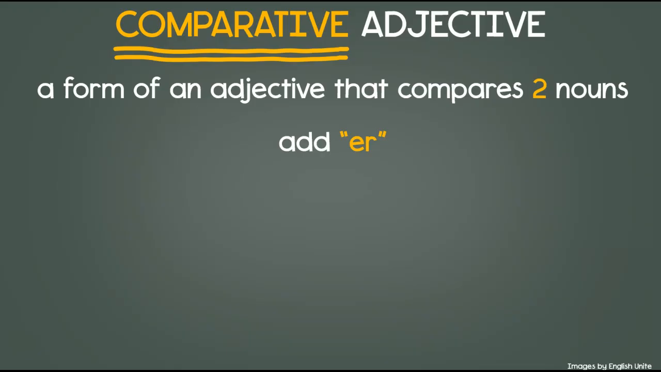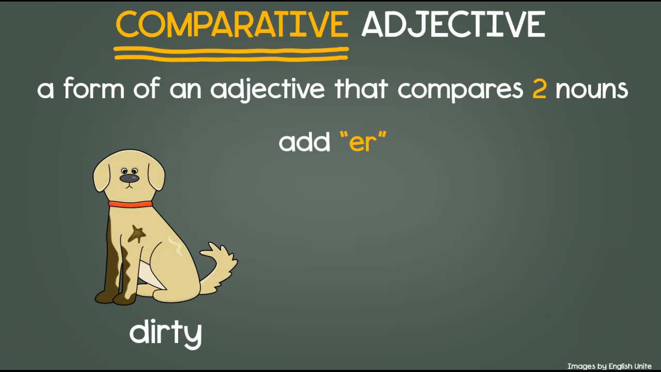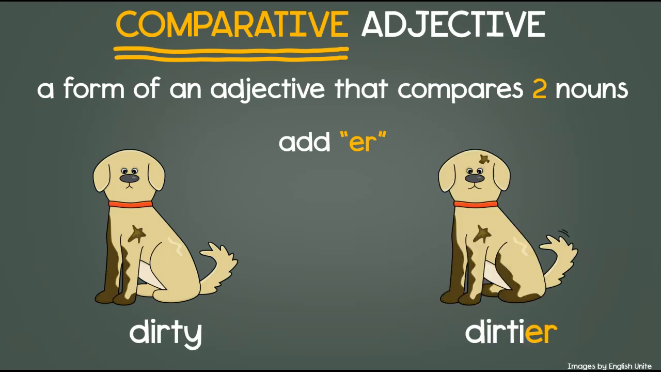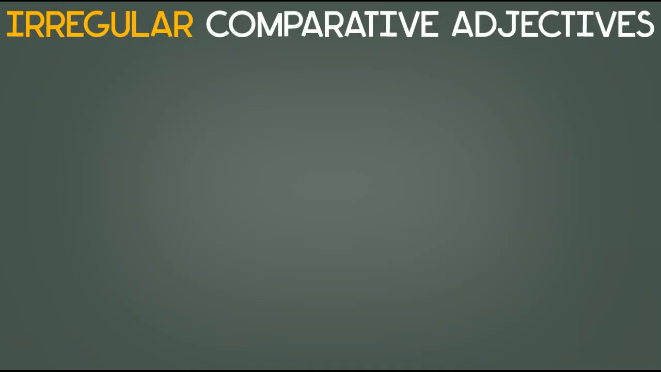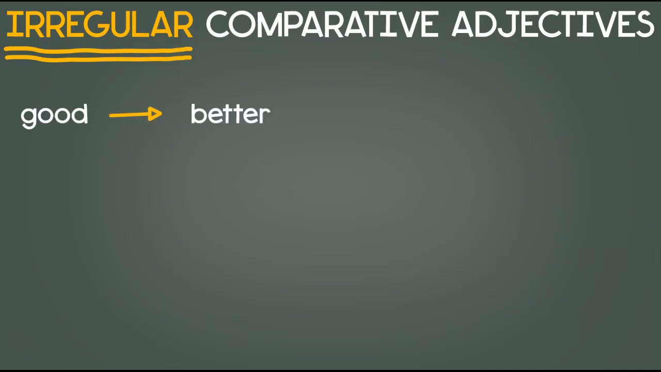Another example of a comparative adjective would be saying, my dog was dirty, but then he got even dirtier, to compare how dirty the dog was at two different times. There are some adjectives that don't follow the add-er rule. For example, the comparative form of good is not gooder, it's better, as in the book was good, but the